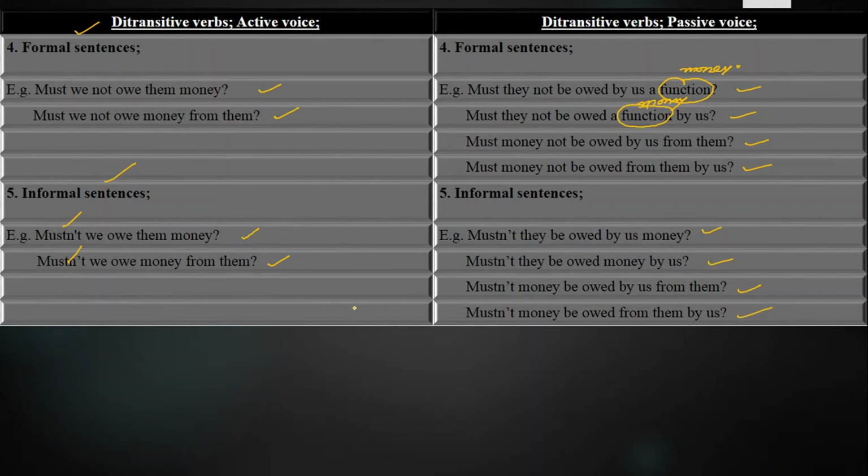So these are the sentences of ditransitive verb owe from active voice into passive voice in modal auxiliary verb must,